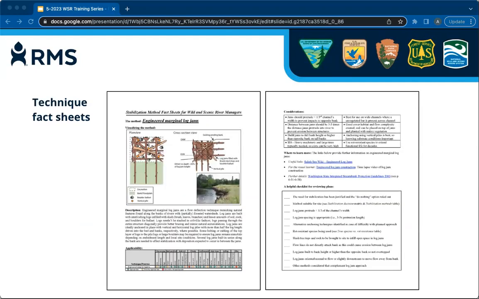So one of the things that we've done, in addition to fact sheets on resources that you might use to help evaluate the site and geomorphic processes, are just a two-page technique fact sheet for more than a dozen, almost 24 different techniques that we might apply. So this is an example of engineered marginal log jams. If you go to the next slide,